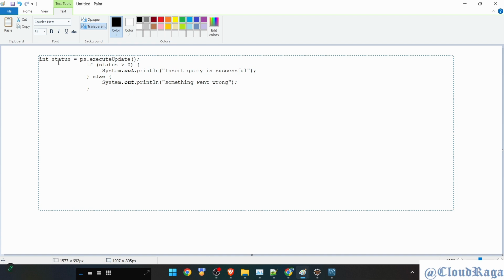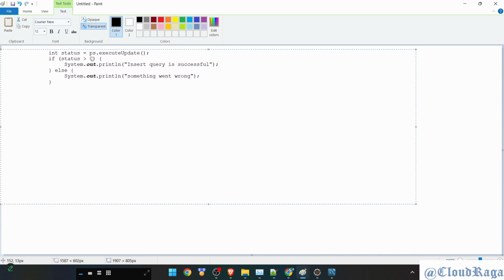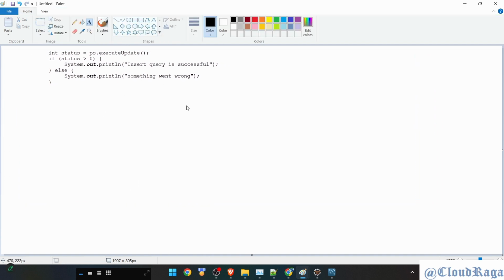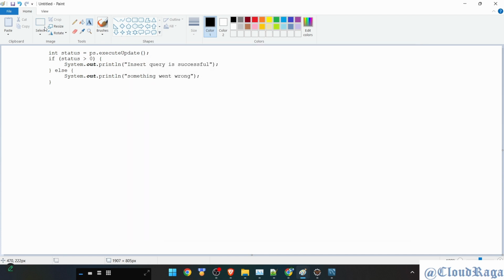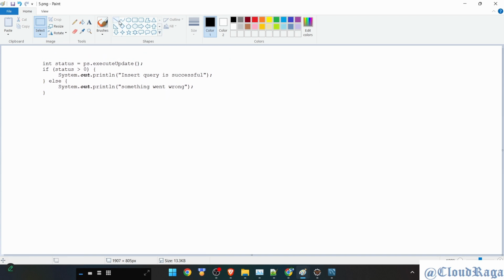So if status, that means the state returned by the JDBC API, the record is inserted or not. So we will try to do that in case the query is successful, right? So if the query is successful, what I will do, I will load one page. So if this is the case, for this I will load a page,